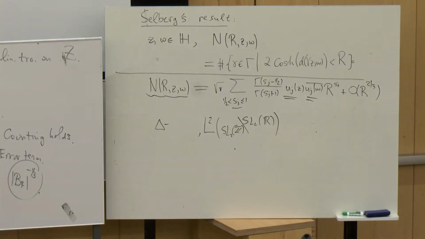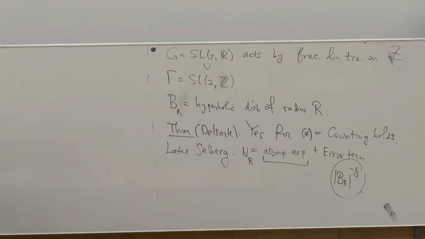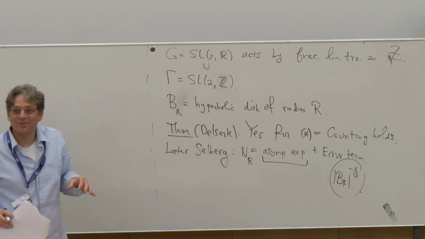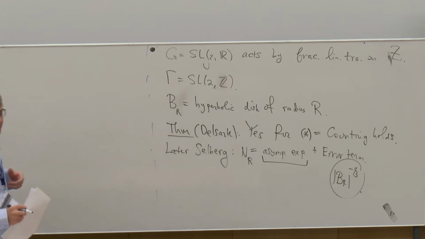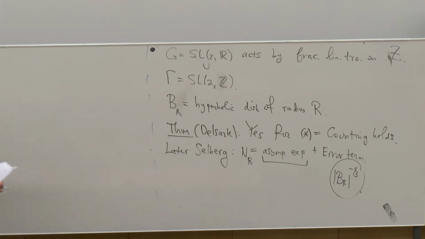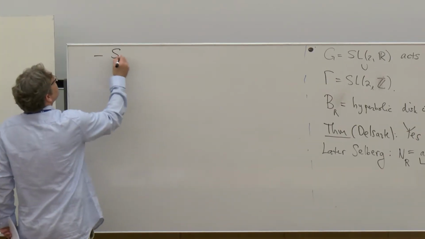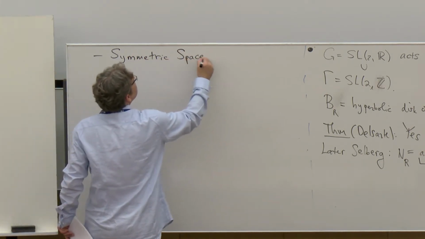So just to finish the setup, let me formulate the result. Okay, so let me repeat. Gauss from the Math Olympiad, then Delsarte and Selberg did this thing which is much more advanced. And the next in this non-really historical story is the case of symmetric spaces. So for symmetric spaces, which